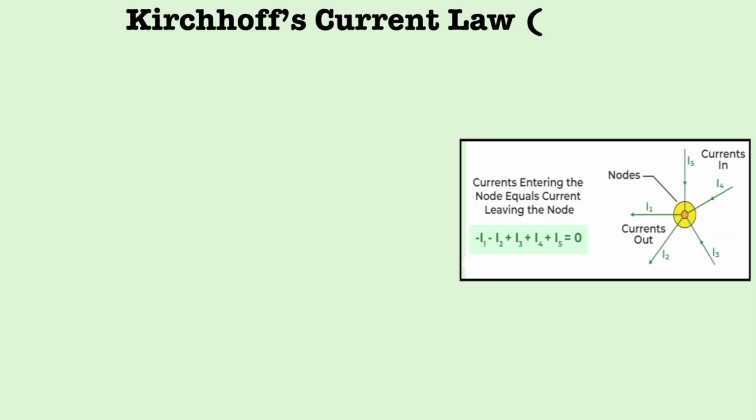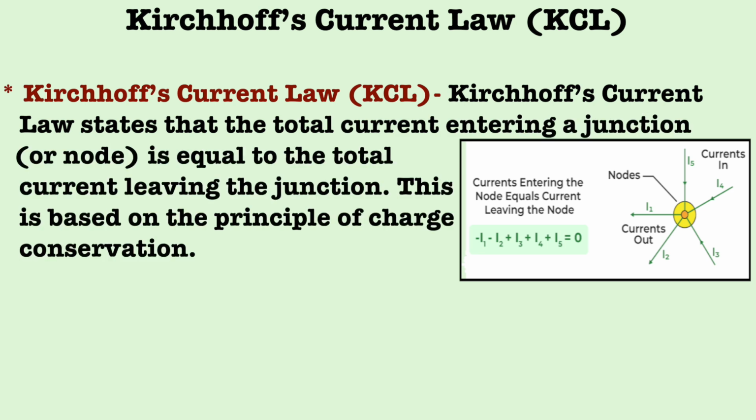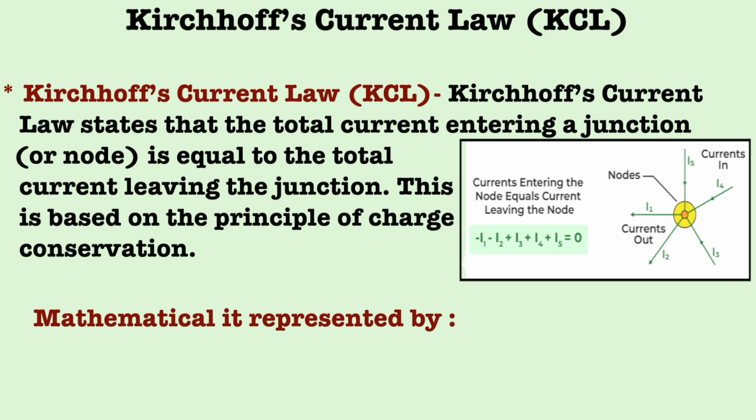Now we will discuss KCL, that is Kirchhoff's current law. Kirchhoff's current law states that the total current entering a junction, or you can say node, is equal to the total current leaving the junction. This is based on the principle of charge conservation. Mathematically, it can be represented as sigma Ii = 0, where i ranges from 1 to n, or you can say the algebraic sum of currents at any particular node or junction is equal to